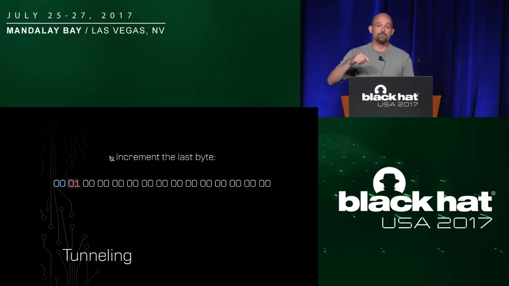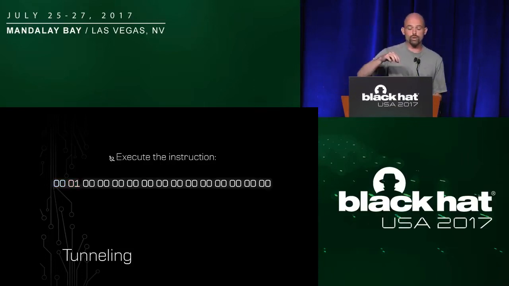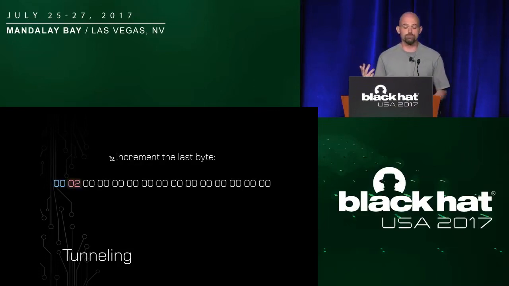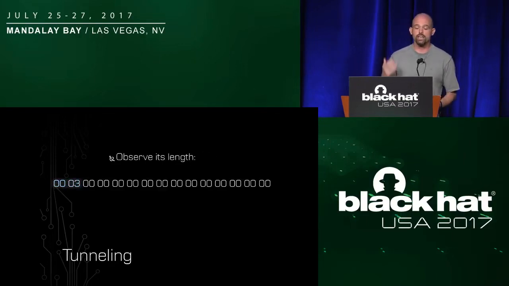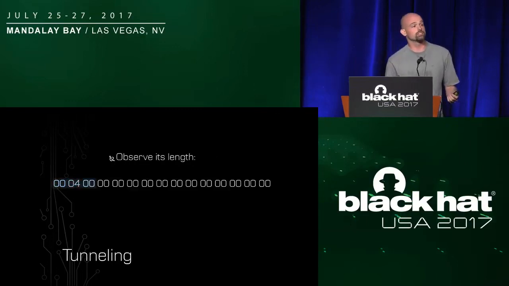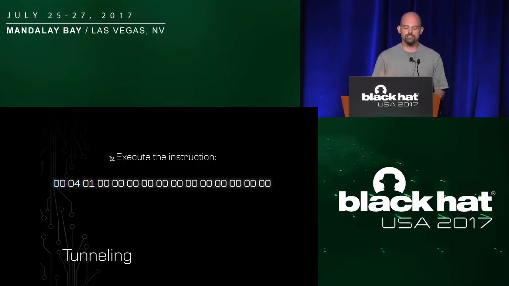So then I'm going to move to the last byte of that instruction, and I'm going to increment that last byte. And then I'm going to rerun the instruction to see how long it is again. Again, we'll see that this instruction is 2 bytes long. We'll increment the last byte, re-execute it, observe its length. Increment the last byte, execute it, observe its length. And eventually, when you increment that last byte, you're going to find something. When you execute the instruction, the length of that instruction is going to change. It just became 3 bytes now. So when you observe that the length of an instruction changes, we're going to move to the last byte of the instruction and increment it again and begin the process all over.